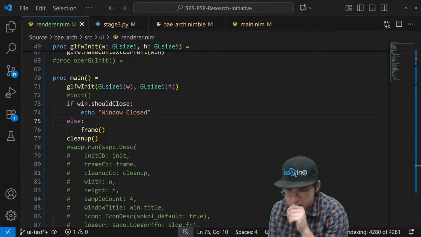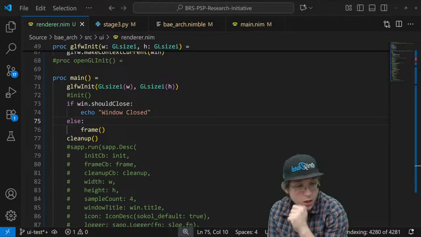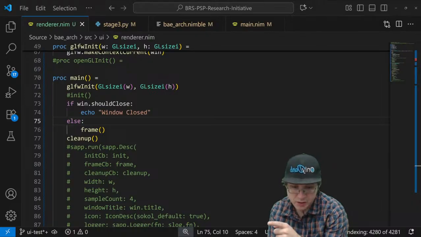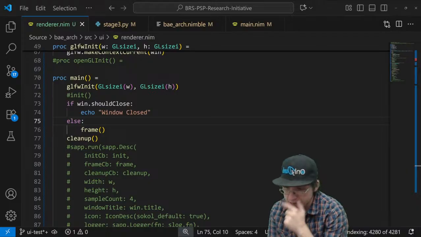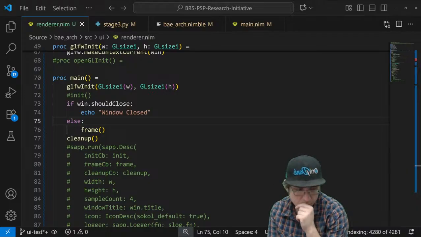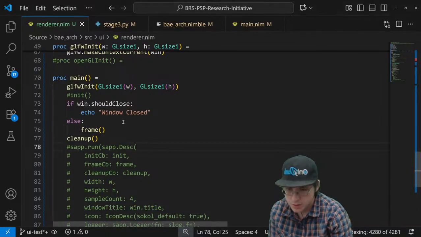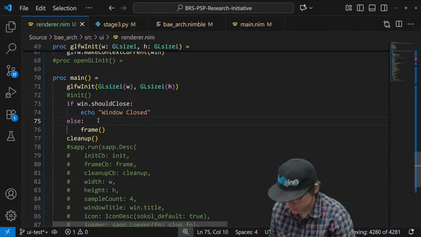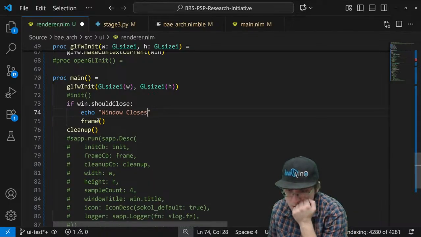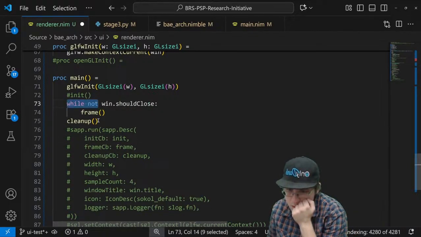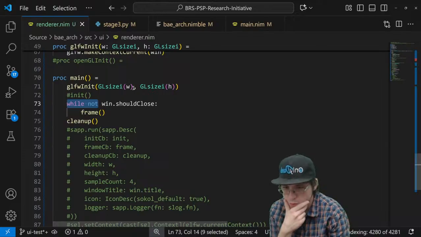Get it to work. It didn't work like it was supposed to, but it didn't hang either. Beautiful. I'll not switch close frame.